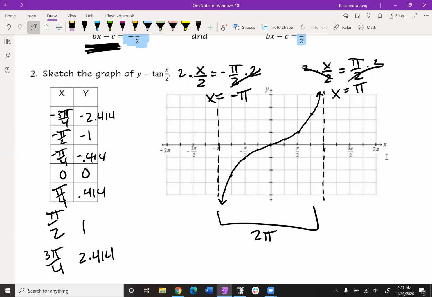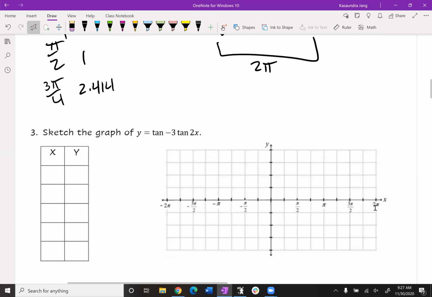No, you guys got this. Okay, as long as you have the parent function, I think you can find the rest of it. This one,